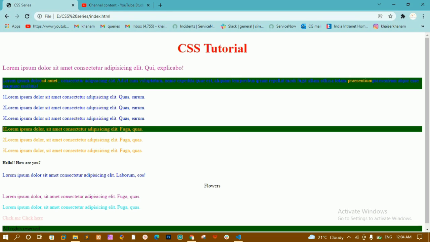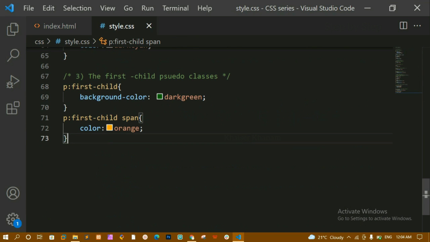I'll refresh this. Now you can see only for the span tag that color has been applied. For both the span tags that color has been applied, and here I have just given first child paragraph. For the paragraph I'm just selecting the first child, and inside that however many span tags I have, I'm just coloring those. Now instead of this, if I write like this, if I just write here P paragraph,